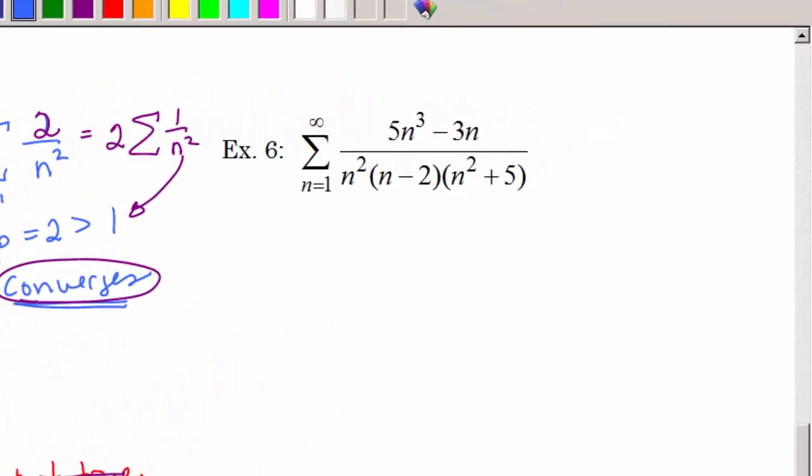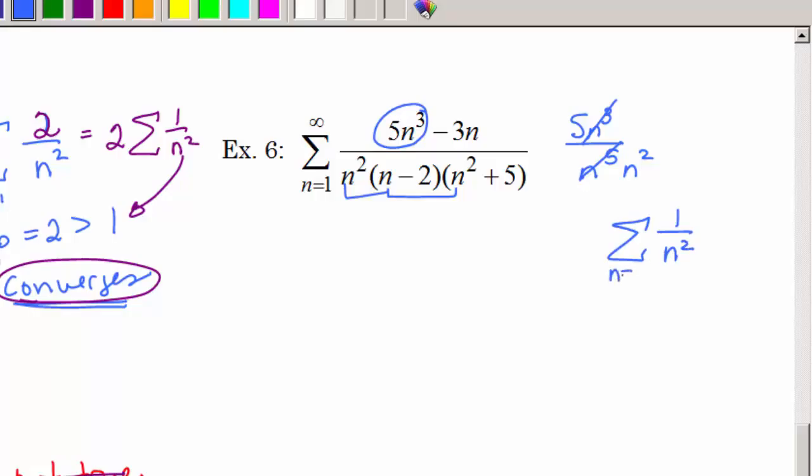Look at number 6. Wow. Okay, so the highest exponent here is 5n cubed. In the bottom, I think that would be n to the 5th. So if I reduce that out, I would have n squared. Now the question is do I need that 5 or not? I don't know. So I'm just going to try 1 over n squared and see if that works, because I know that p is 2, which is greater than 1,